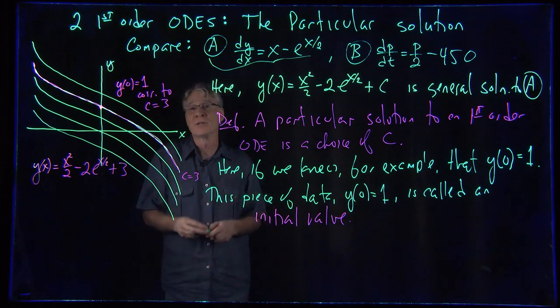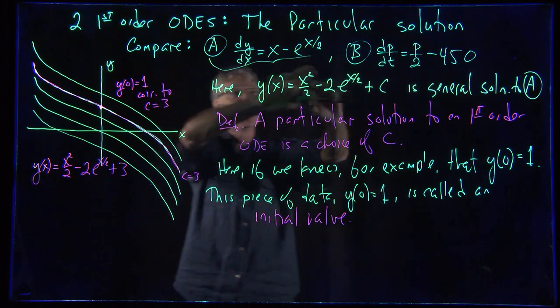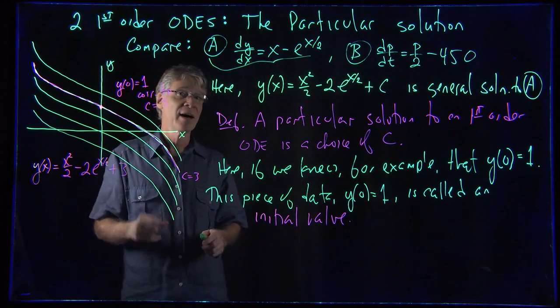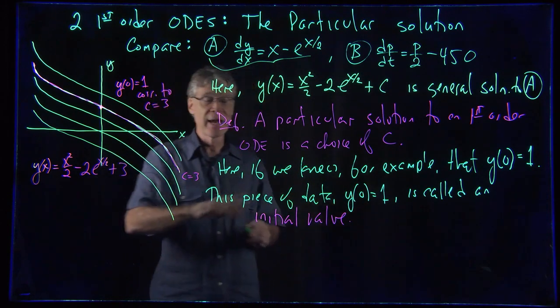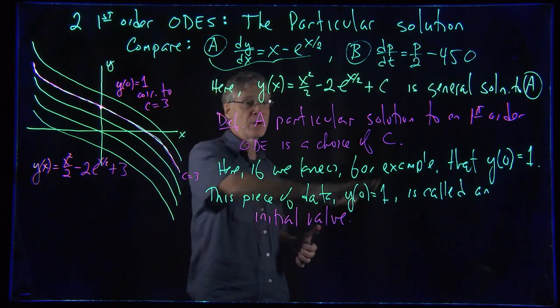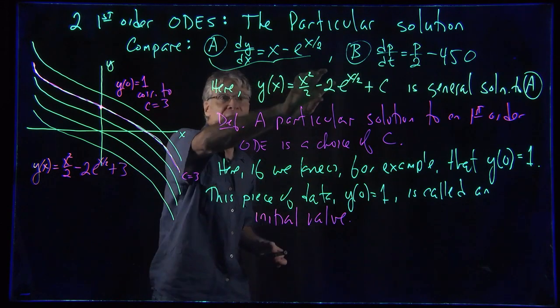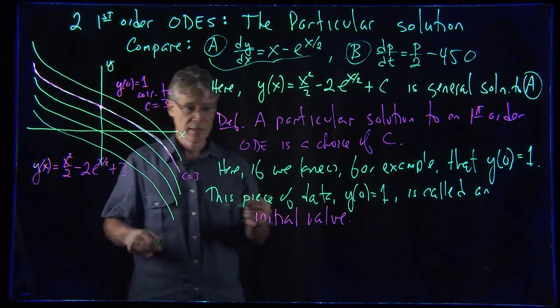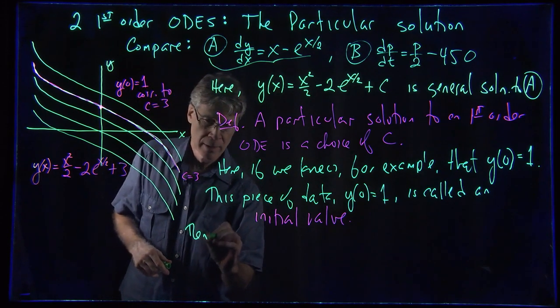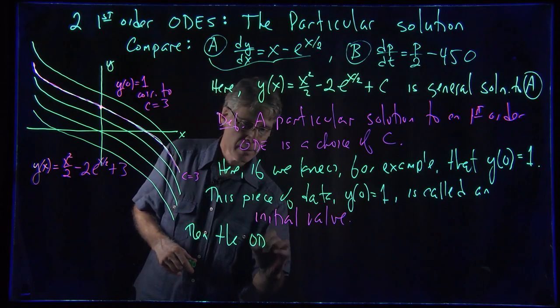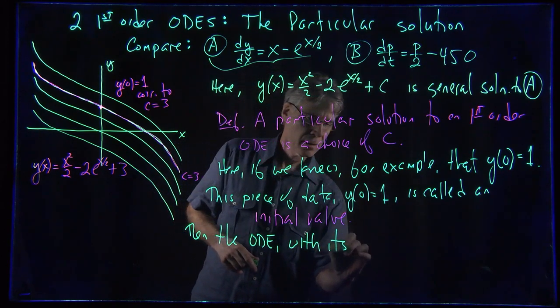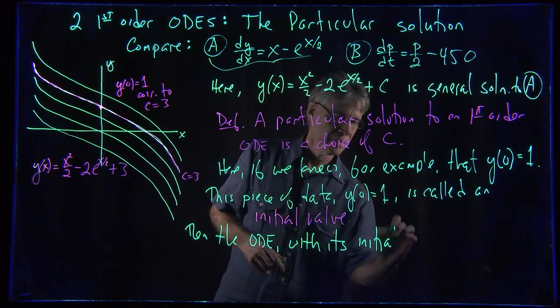So if I solve my differential equation, I get this generic one parameter family of solutions. If instead I knew an initial value, then I can solve for the particular solution, the particular function. Here, the ODE with its initial value,